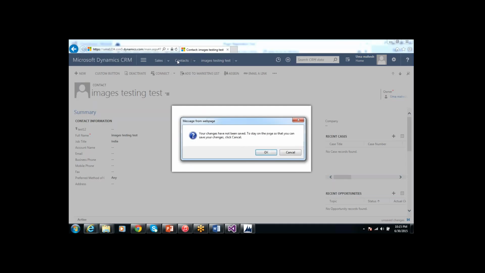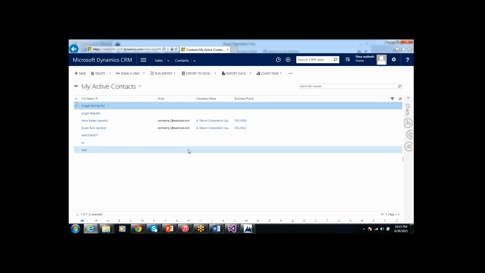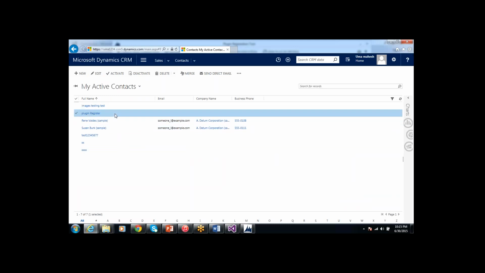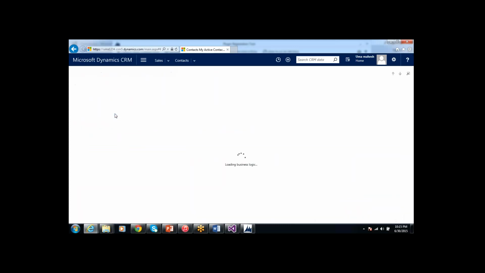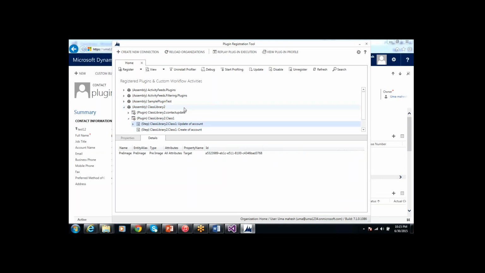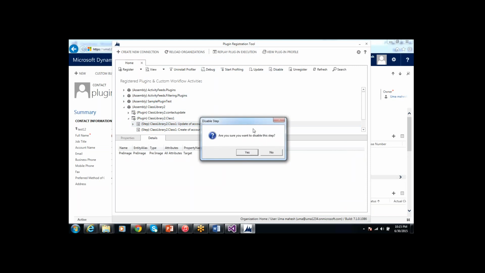So I can go back, and just one second, I will disable my plugin so that I am able to create more records.